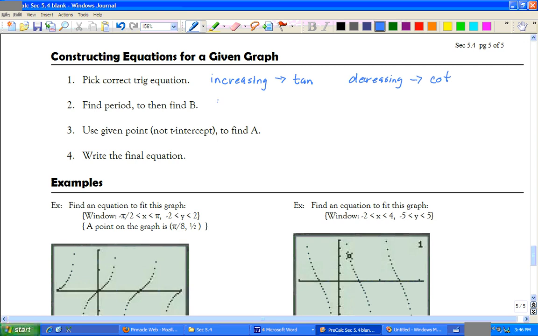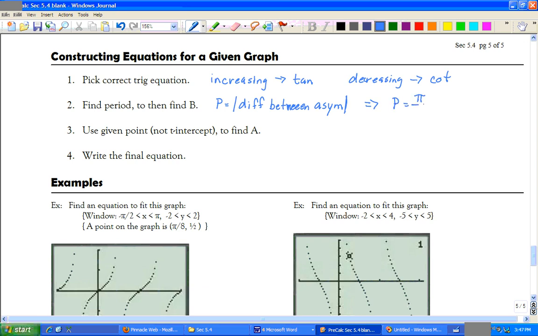To find the period, it's the absolute value of the difference, or the distance, between two asymptotes. And to find the distance, you need to subtract. That's why I'm saying difference. So the absolute value of the difference between the asymptotes. Okay, so then once we do that, we can use our formula of P is equal